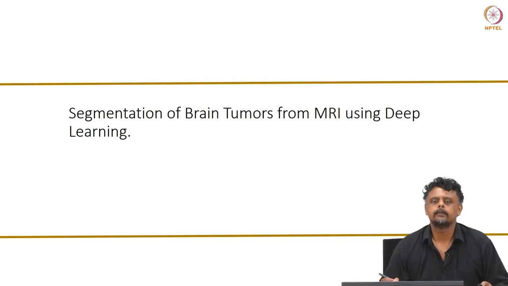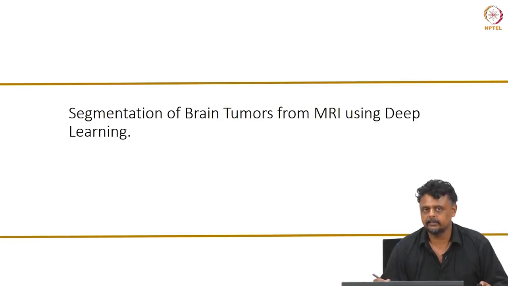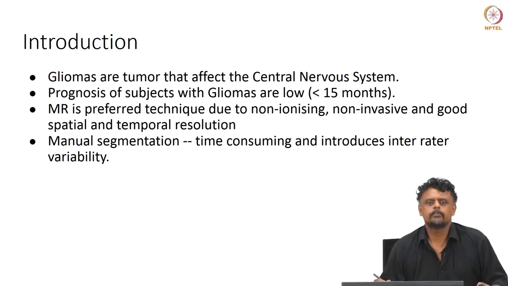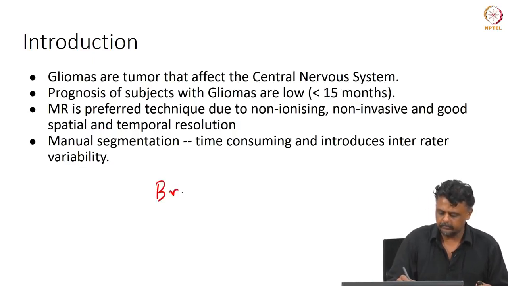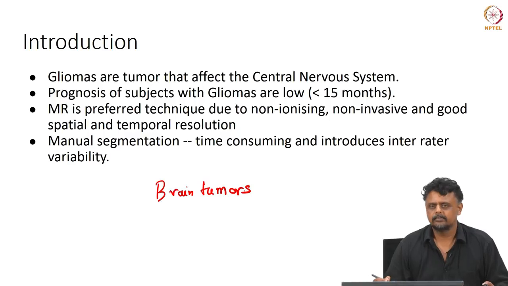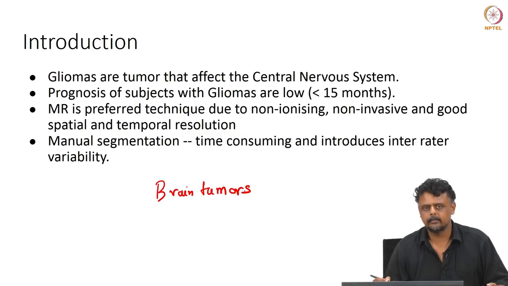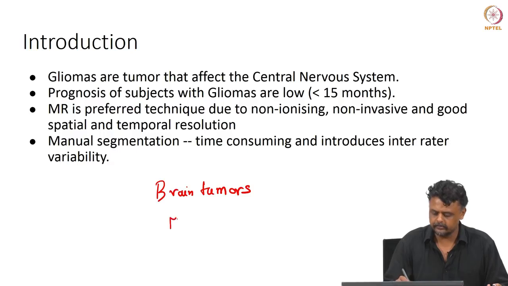Hello and welcome back. In this video we will look at segmentation of brain tumors from magnetic resonance images using some of the deep learning techniques, especially CNNs that we have seen so far. So, brain tumors or gliomas, so we typically refer to them as brain tumors. They affect the central nervous system, or they usually are in the brain, and this is a serious form of cancer which has very poor prognosis, in the sense the survival is less than 2 years, and the patients are typically monitored by magnetic resonance imaging, also referred to as MRI,